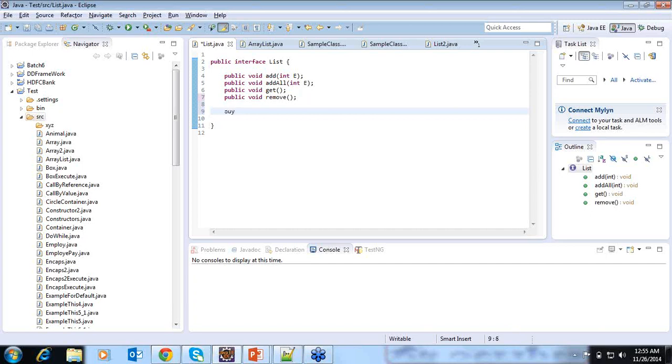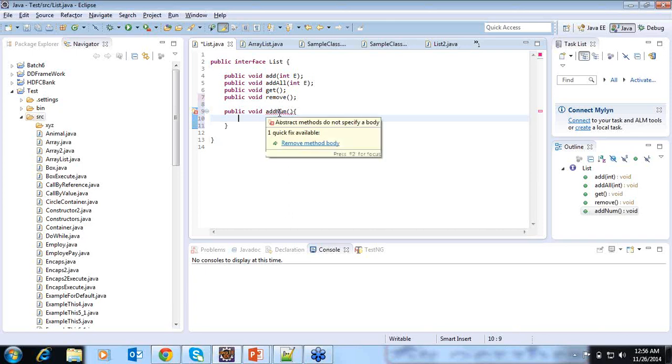Let me say public void, this time I'll say addNum. So this is completely the header part. Now I'll open the curly bracket and close the curly bracket. Here I'm getting an error. What is that error? Let me move my cursor on that particular red mark. Here it says that